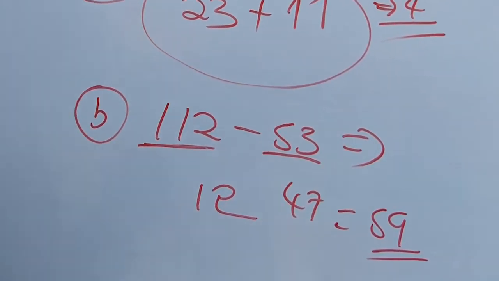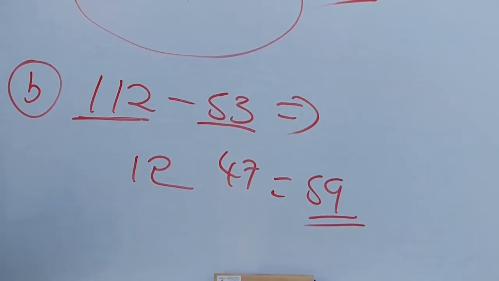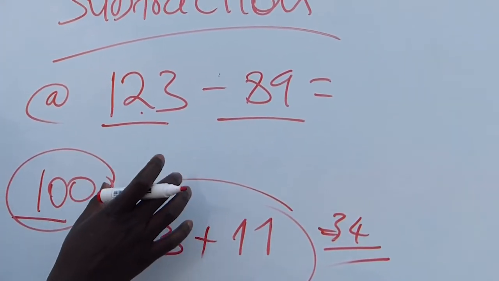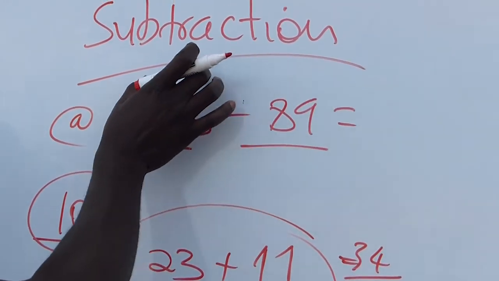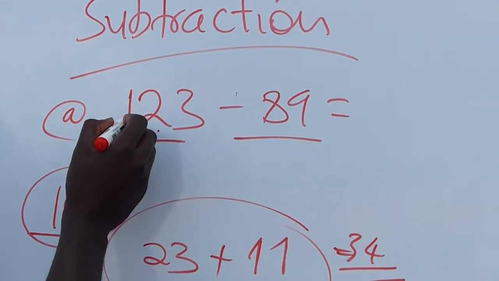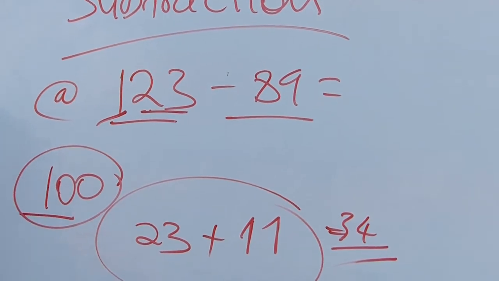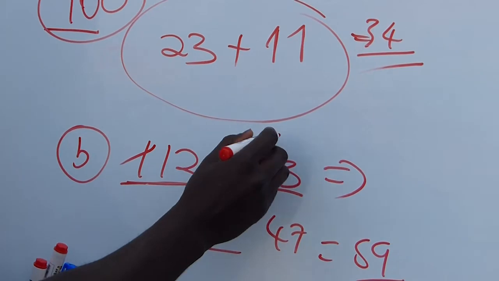So if you think the way I'm thinking, subtraction becomes different, because when you look at numbers like this, you see a reference number. These numbers are close to 100. So it's easy. Get the difference here and add it to this 23. In fact, you even ignore 1 here and you just use that one. If you have a number like this, now you ignore this one and you have only 12, and you know